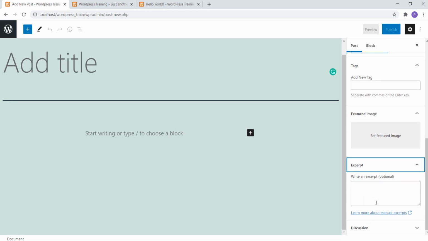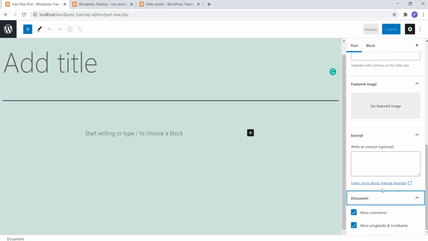Excerpt is nothing but additional information that gets shown in your Google search or in your posts. So it is some 2 to 3 lines where you write a brief intro about the post or the blog that a user wants to read. So if you write something interesting in those 2 to 3 lines, there is a chance that the user stays on your website and will be more interested in the blogs that you have been writing.